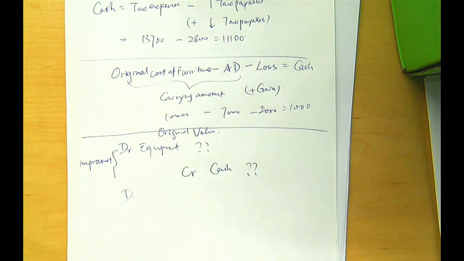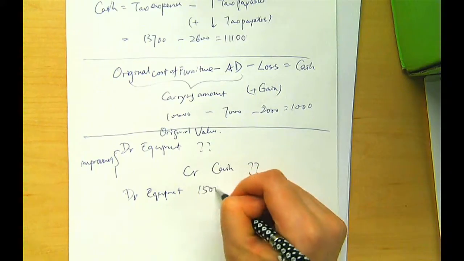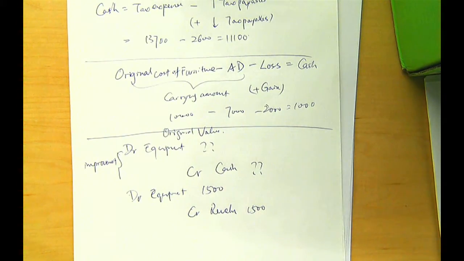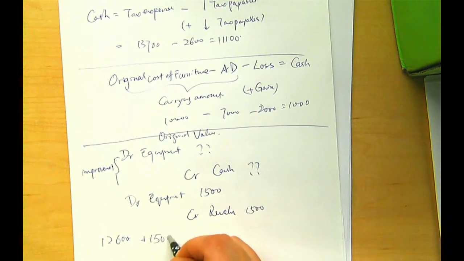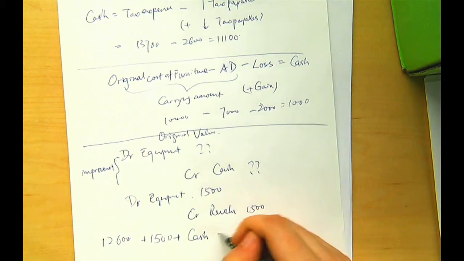So when we have revaluation, we debit equipment. In this case, how much is the revaluation? Guys, how much is the revaluation? 1,500. And a credit revaluation, 1,500. What's the original value of this? 12,600. That's the original value, and that's the cumulative depreciation, right? However, we don't use the cumulative depreciation in this case because that one does not affect the sound equipment value. So the calculation is the original value plus revaluation, plus cash kicked in, outflow to build it up, and then we get the